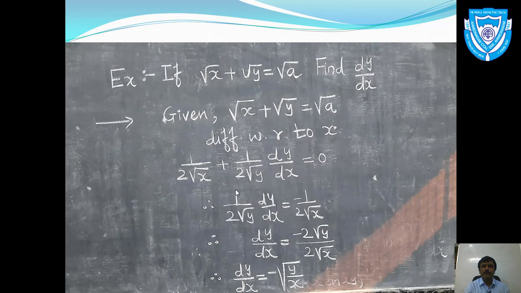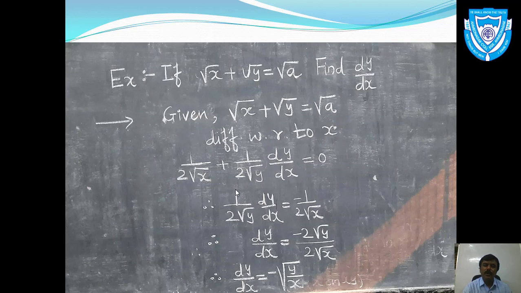Root x plus root y is equal to root a. Now see its solution. Differentiating with respect to x, we have: the derivative of root x is 1 upon 2 root x, plus the derivative of root y